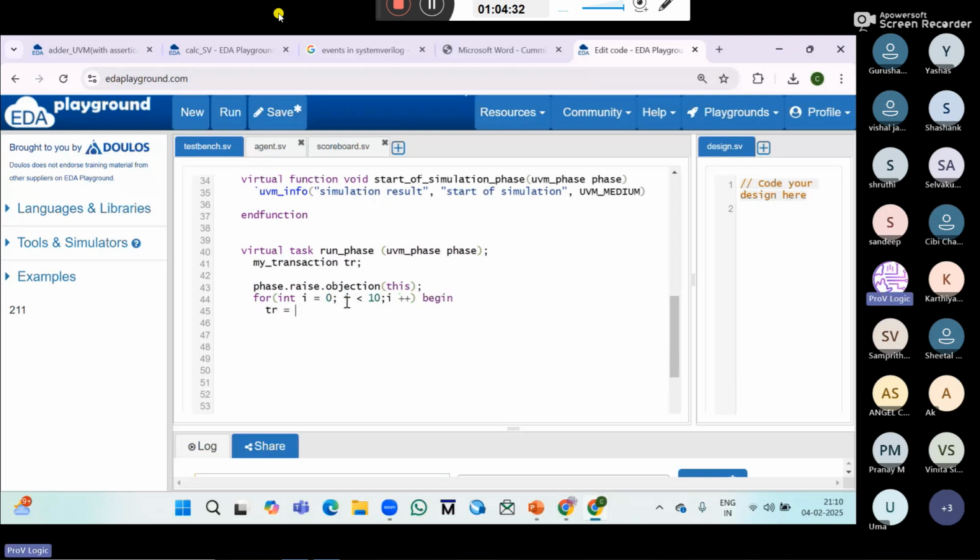Transaction class. So how will we create the transaction class? My transaction, type ID. These are very important. Pranay, Tamanna, when you are learning UVM, please try to remember these syntax. Randomize method. Everything will be written here,